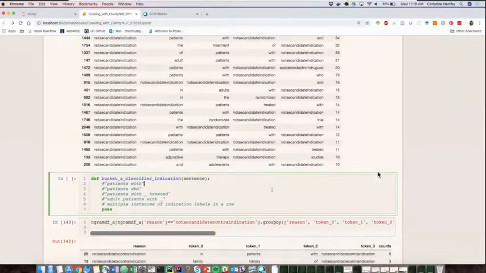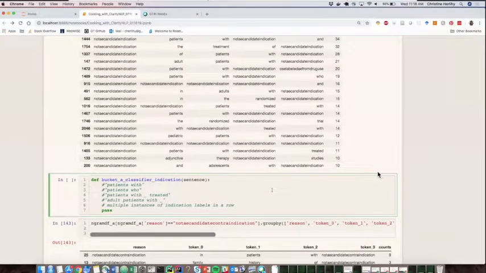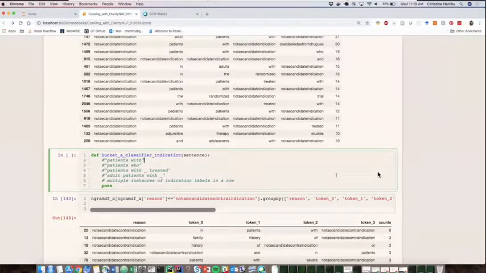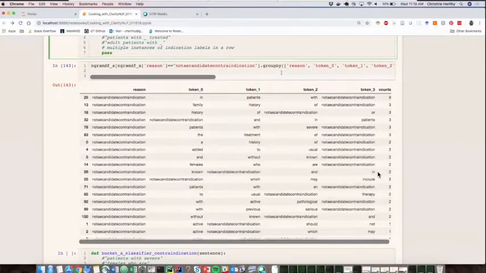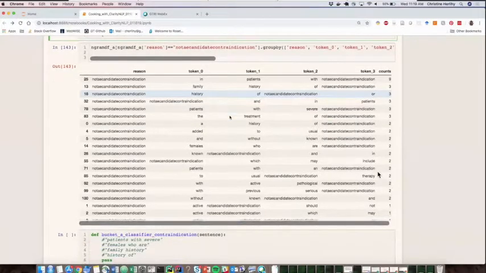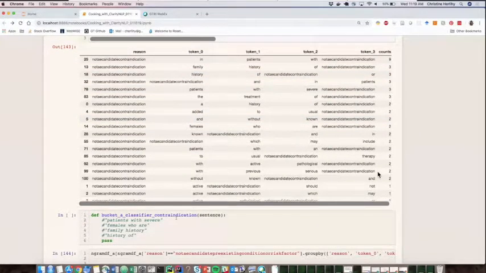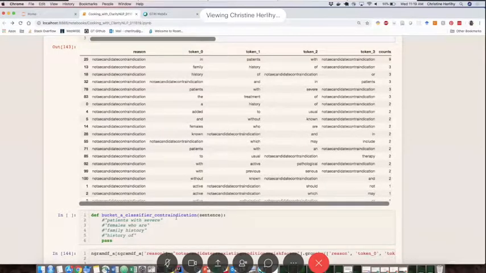And I think the same logic extends to contraindication, in the sense that we know that certain drugs are contraindicated for certain populations. So if we see a reference to one of those populations, we should probably flag it as contraindication. And on that note, the next data frame I have here is the filter for adverse events whose reason label was contraindication. So perhaps not unsurprisingly, you see several references to patients with severe blank, females who are, so generally being a woman is going to be a strike against you for a lot of drugs. Family history of blank,